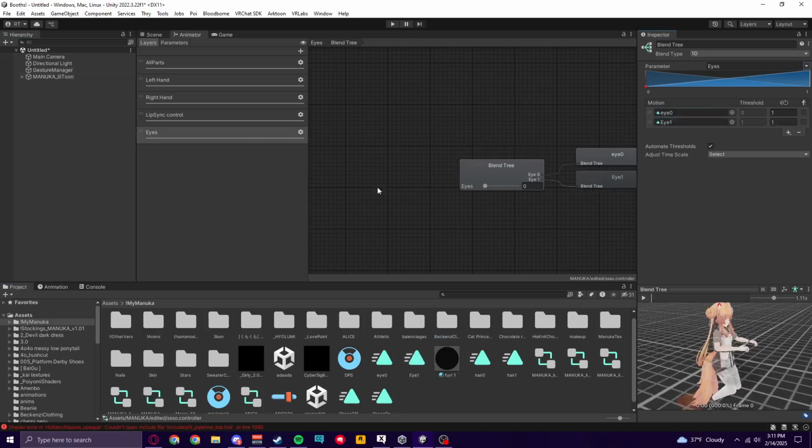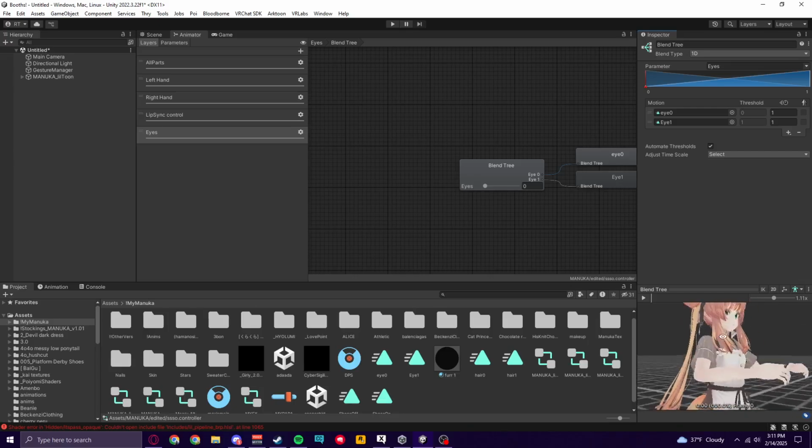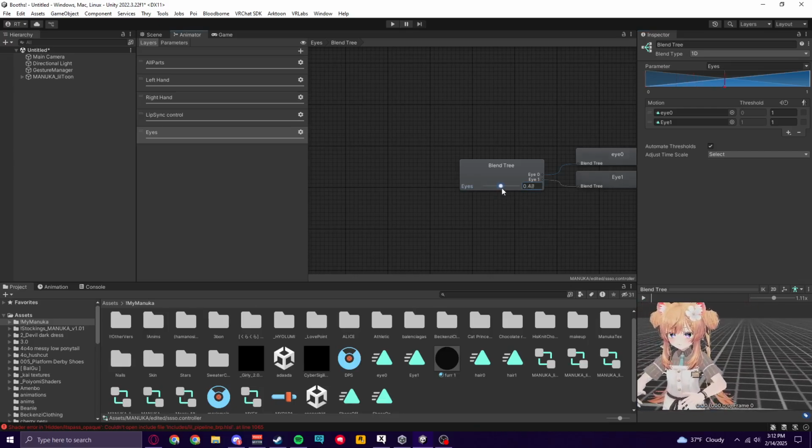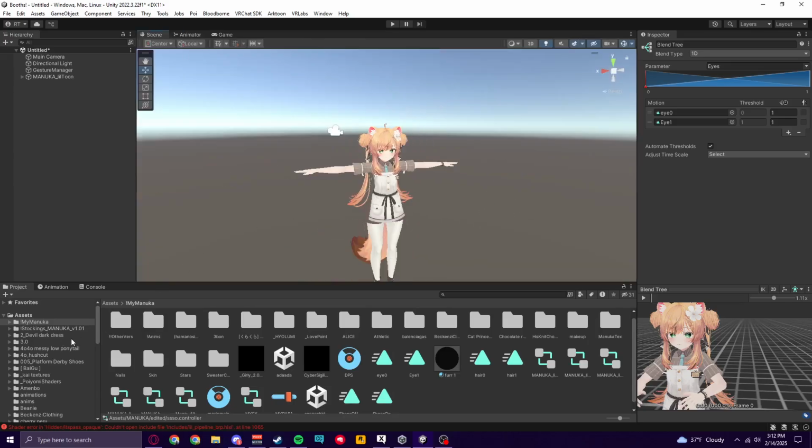You can ensure this works by dragging your avatar into this little box down here, looking at where you want it to be, and seeing that the hue shift works. Great, that means you made the animation correctly. If you didn't, just remake it. Okay, now go back into your scene, or wherever you want to be.